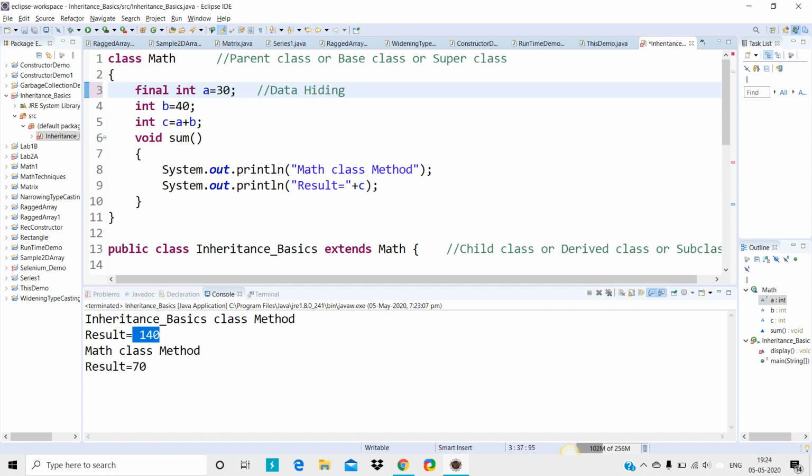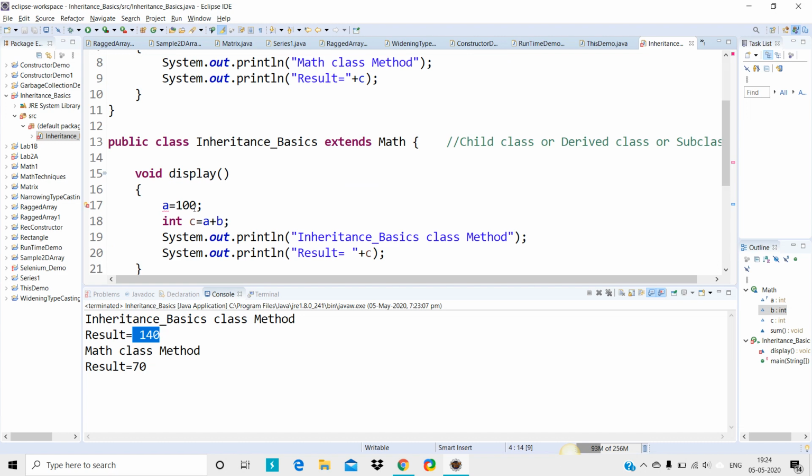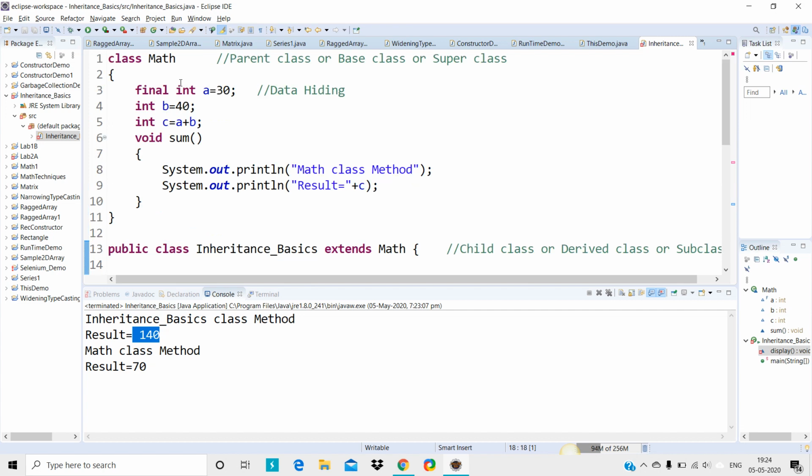I can reuse this particular variable a inside the derived class. I'll remove this final keyword now. Data hiding is possible using the final keyword.